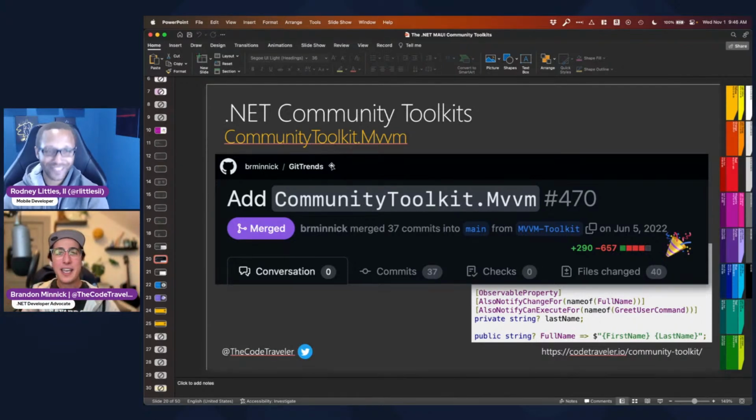But it's a real app. It's in the App Store, and I made this before the MVVM Toolkit existed. And then once I found out about it, I was like, oh my goodness, and went through, and I got to delete 657 lines of code and only added